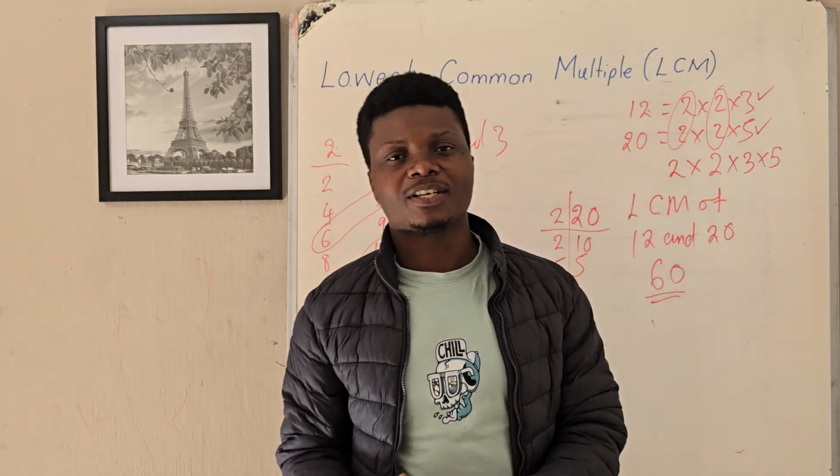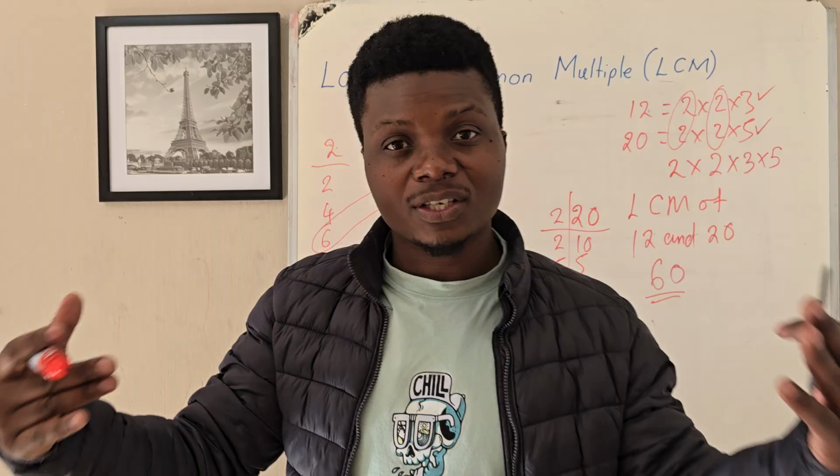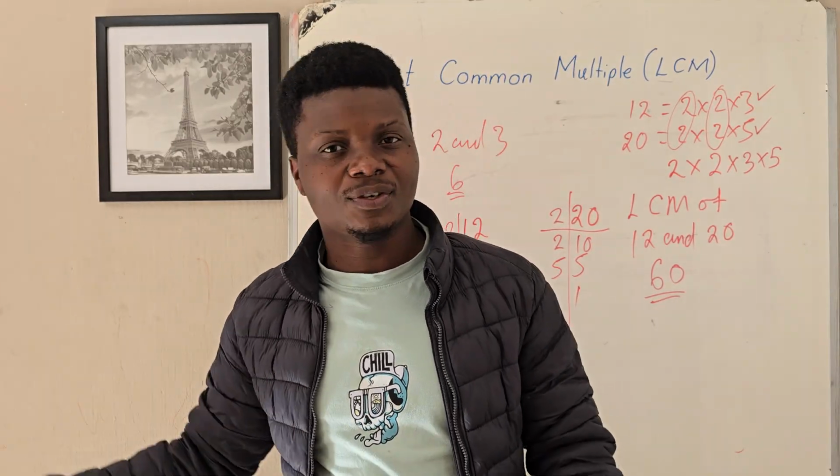Write your numbers as a product of their prime factors, circle what's common first, and tick what's not common,